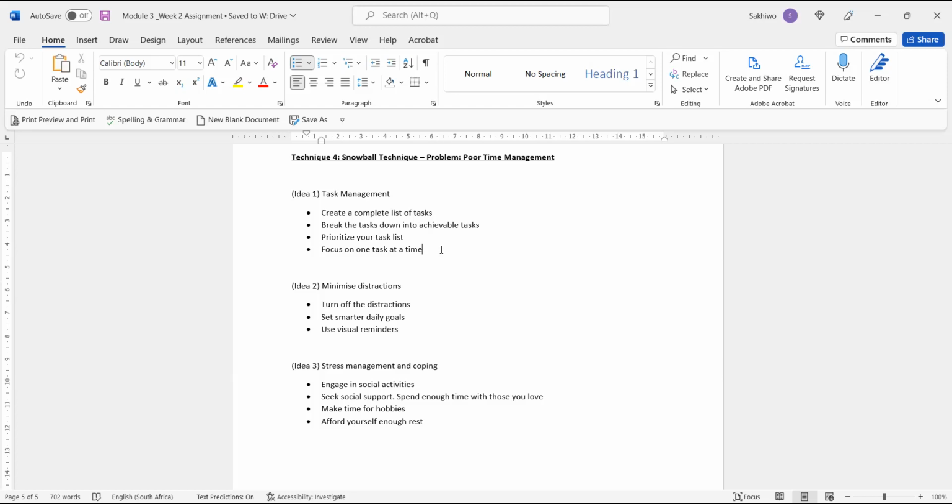So we all agree that we'll have to send a list of all the ideas about poor time management, and then those ones will be clustered afterward. And Londiwe is going to do that. You're going to do the table of all the different ideas and which are similar, and then we come and discuss the priority.